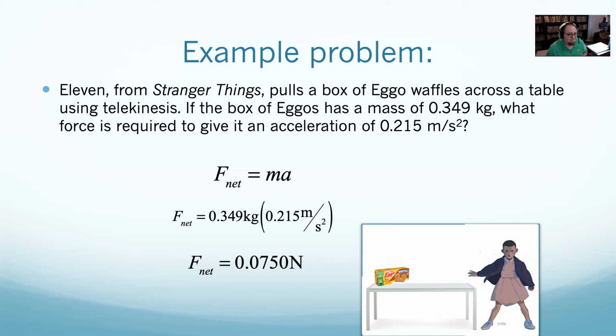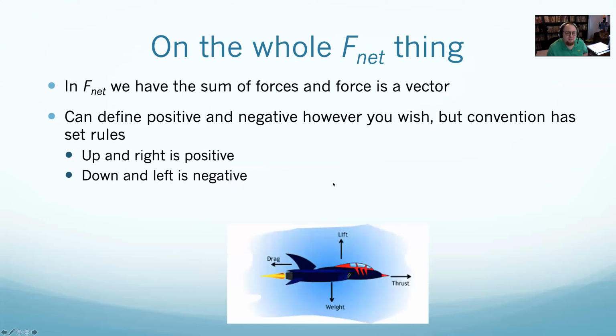That F net was just the only force. Sometimes when doing these problems, there are multiple forces. If there are multiple forces on something, you've got to remember that F net is the sum of forces as a vector. And we're going to define positive and negative directions. You can pick which way is positive and which way is negative. It doesn't matter. But the standard